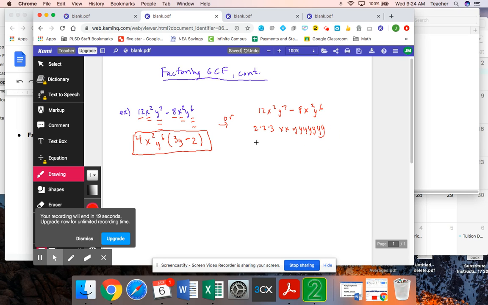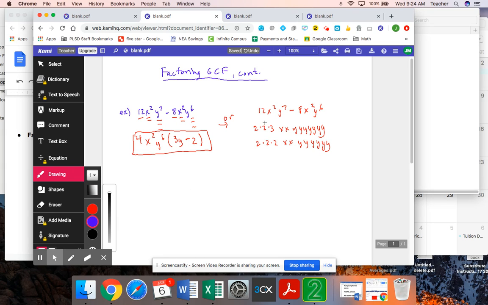And then I have that 8, which is 2 times 2 times 2. And then I have 2 x's and then 6 y's: 3, 4, 5, 6. If you look at that, what you'll be able to see is that I have a common 2, a 2, I have 2 x's, and then I have